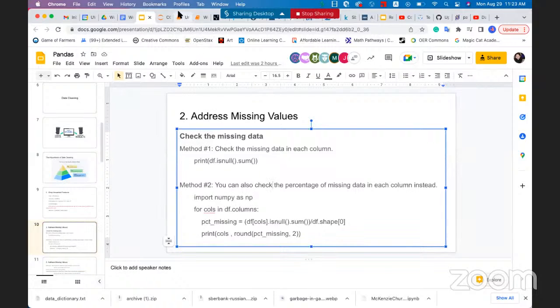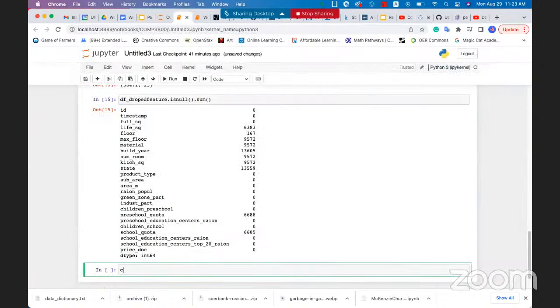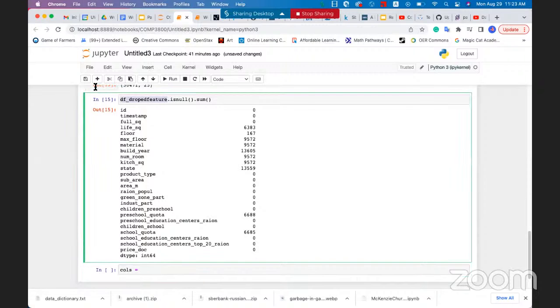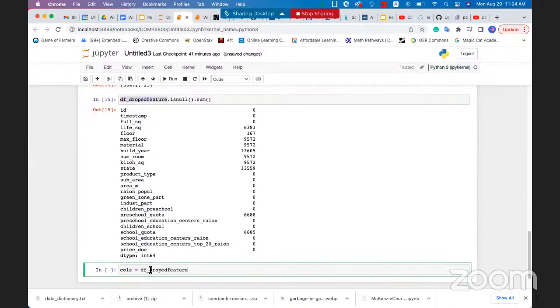So what we can do is pretty much the same, and we need to create a list of the columns again, and then we'll go over each column and print out the percentage. So this is